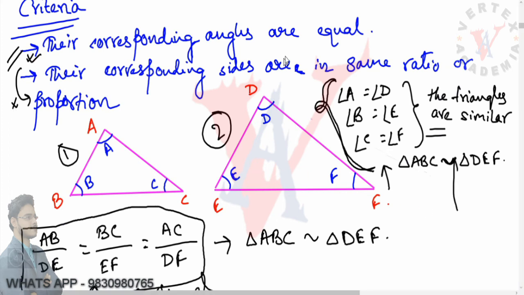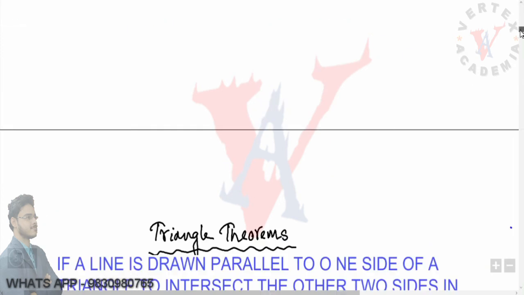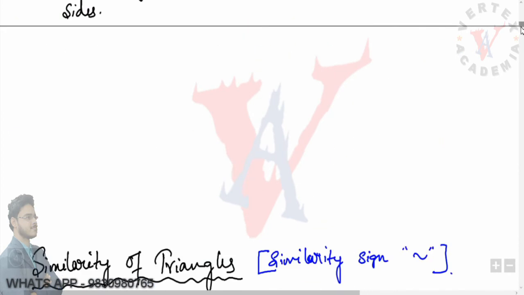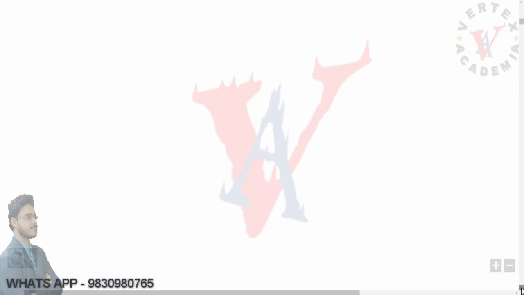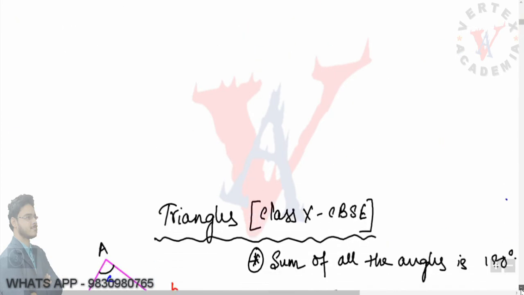So this was actually the basic. You don't need to know anything more for the time being, because most of the details regarding a triangle, like congruency and all those things, are discussed in the previous classes. There will be a playlist later, as I said earlier, on basic geometry. There you will find all those things. But for the time being, this is enough for the basics of triangles according to the class 10 CBSE point of view.